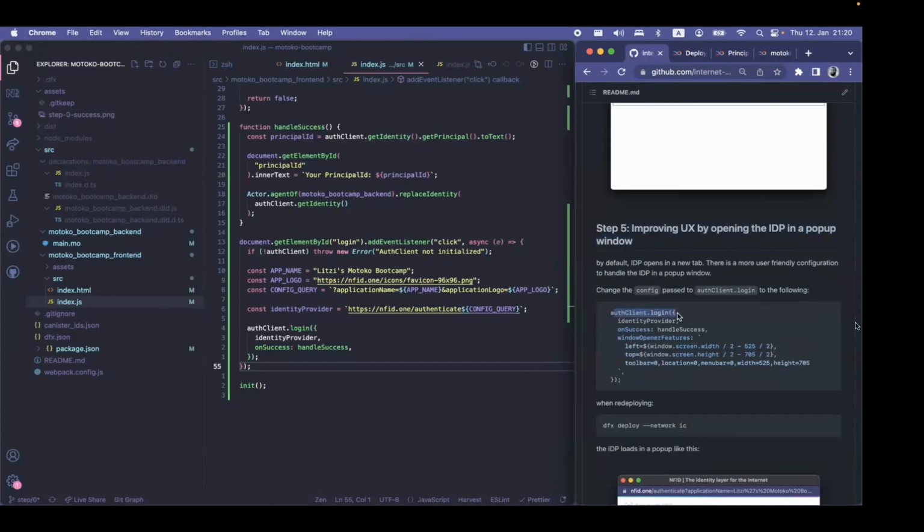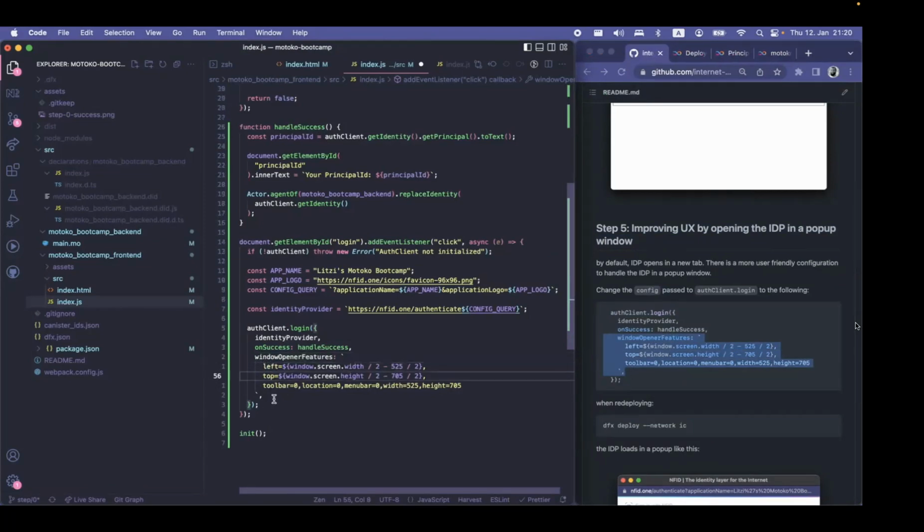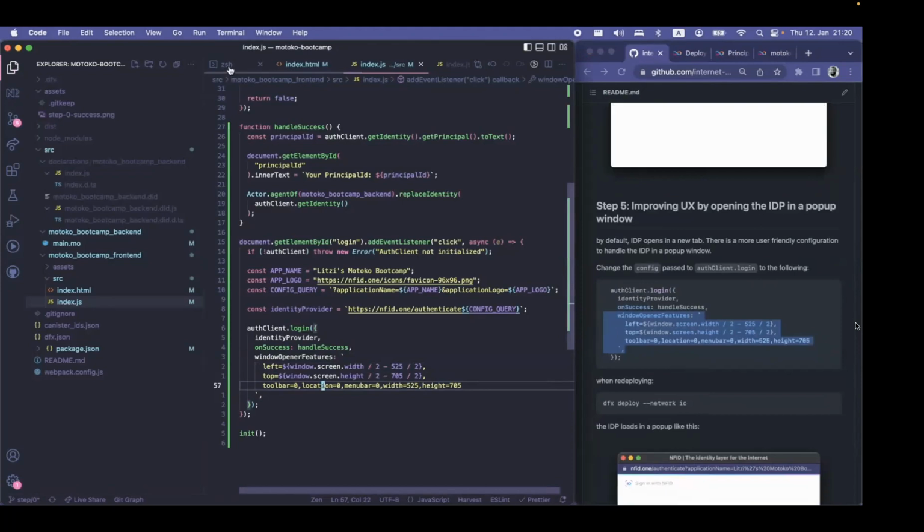The auth client has another config option, which is window opener features, which you configure like that. Basically just a string-based configuration where you define where the window should open to the left from the top, and you can configure width and height. You can define if it should render a toolbar or not, a location, a menu bar, and so on. So we set all this to 0, which means false. So now when we deploy that again,